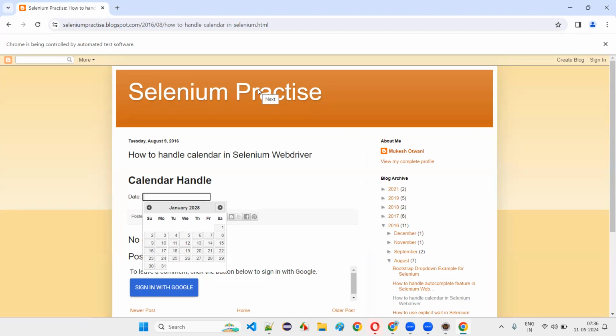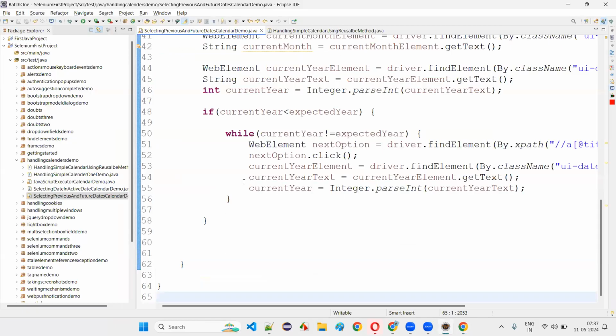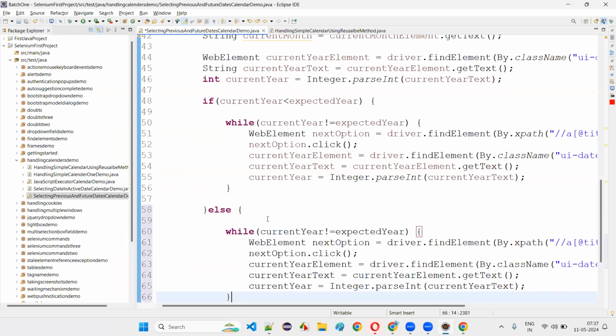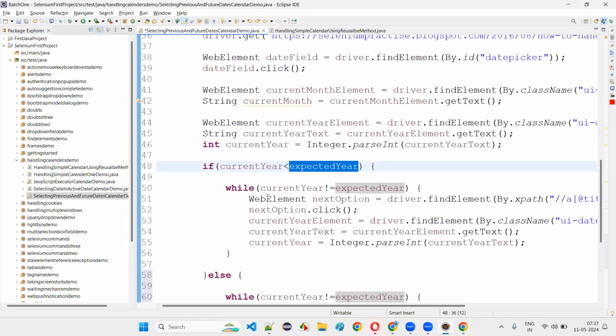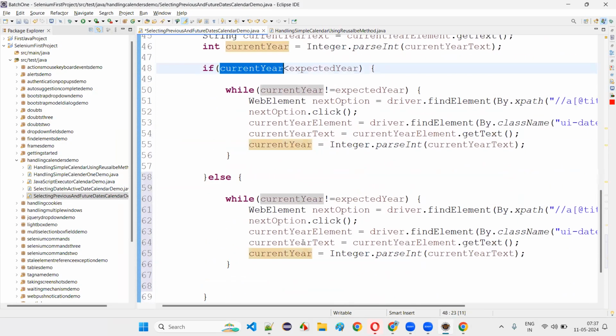Now the next thing is I need to compare the months. Okay. So here, before comparing the months, there is a possibility that user may enter an expected year less than the current year. In that case, I'll go to the else block. I'll write down while, same logic. If the current year is less than the expected year, in that case, or maybe some cases where else if